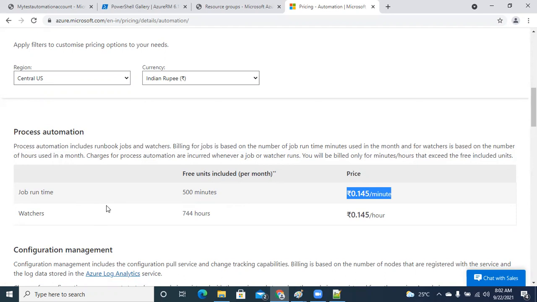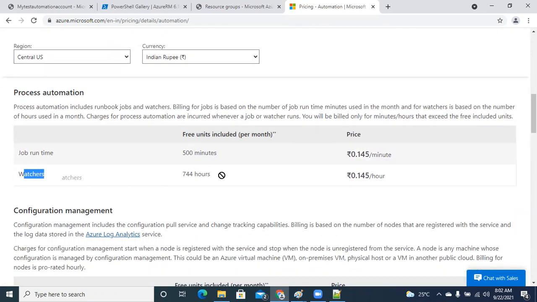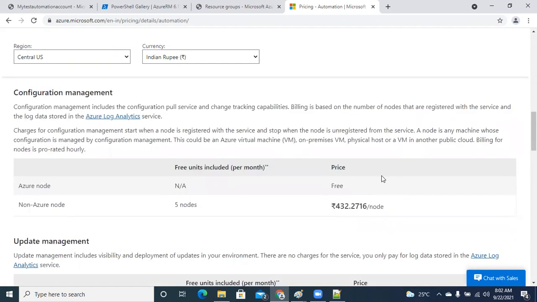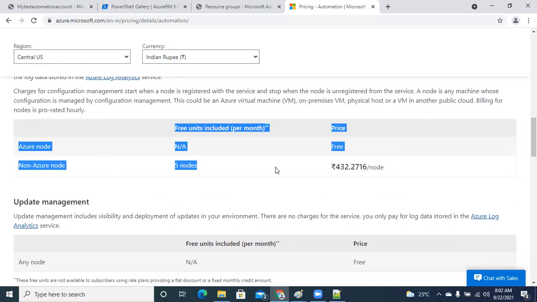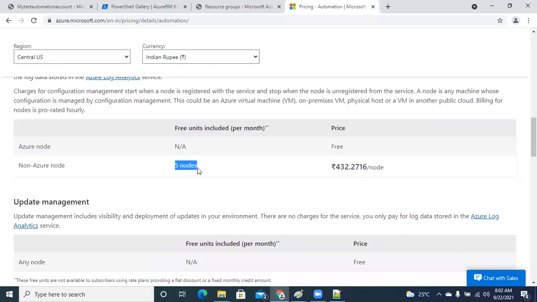Got it. Further, you have the watcher service, which gives you continuous monitoring as well. You can see you get 744 hours free, and this is the cost afterwards. So it is not excessively charging anyone, but for resources outside Azure, let's say 5 worker nodes which are not hosted on Azure, on-premises or on a cross-cloud platform, there are certain things you would like to consider. But if you compare it with the production cost, it is not that high.